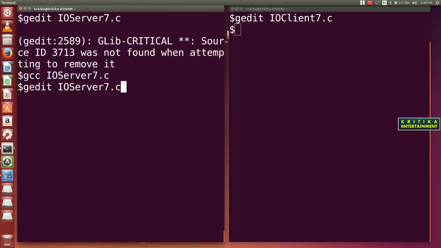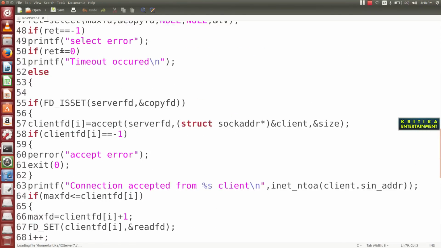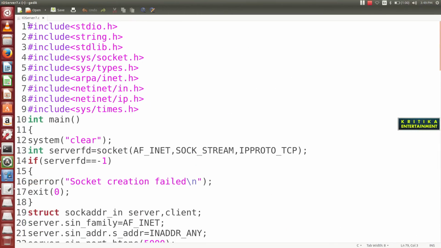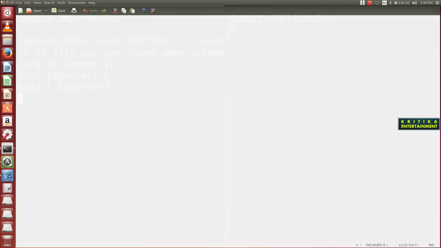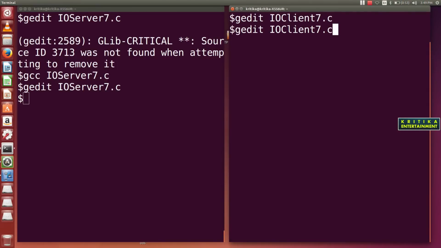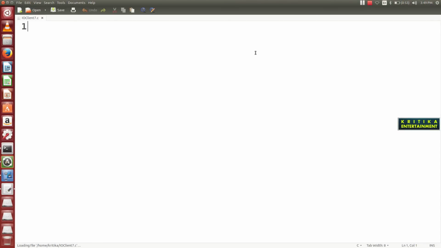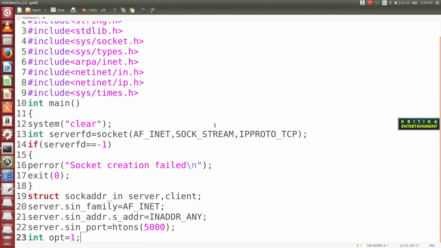So here go again and copy these lines again, up to this. Copy and close this. Then again go to this line, then here I'll paste. Okay, and remember, here it is not server FD.